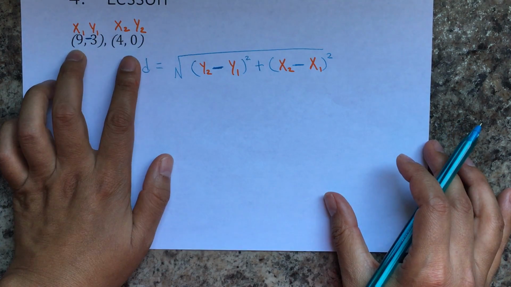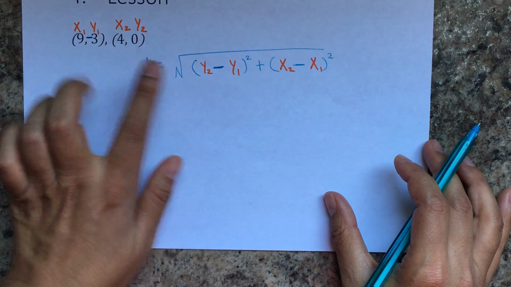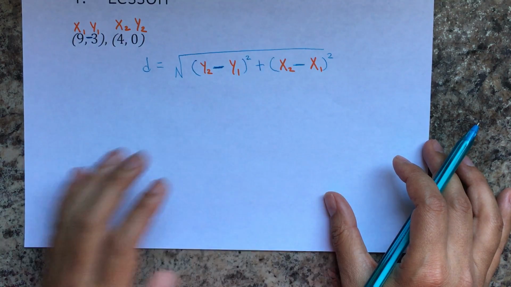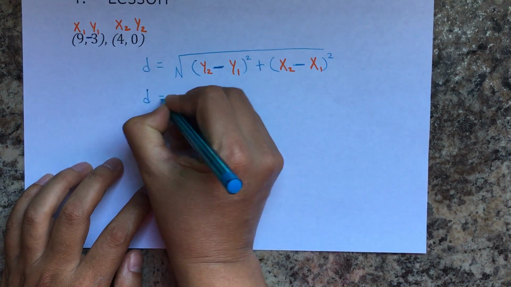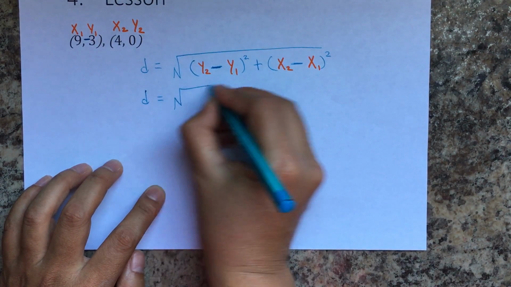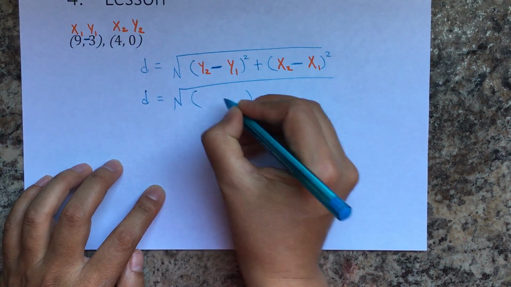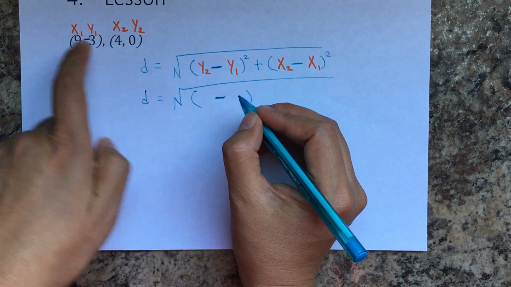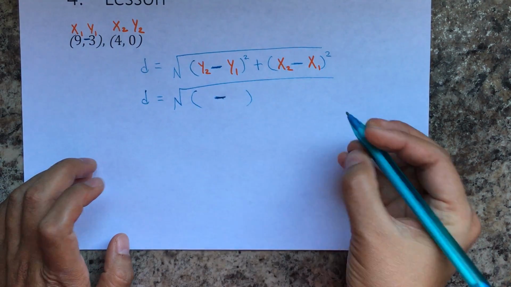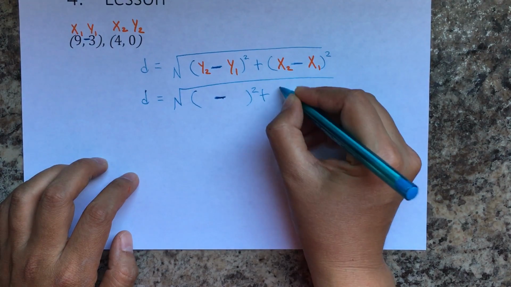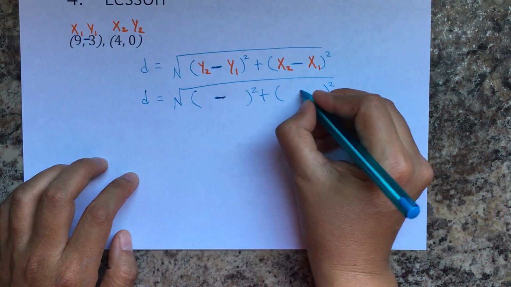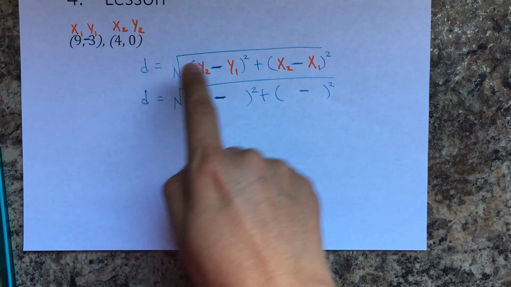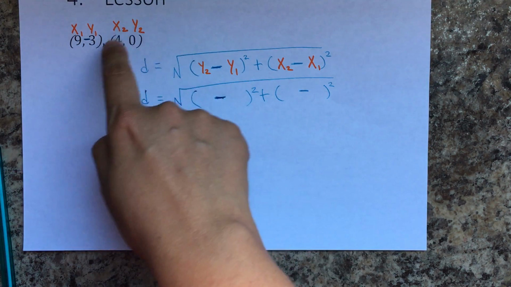Again, in here it doesn't matter if you get x's first and then y's, but keep the same order. Okay, so the square root of, I think I'm gonna put the numbers in orange so that you see something in here. So I'm gonna put everything that needs to be put in there. That stays the same. All I'm doing in the next step is to replace or substitute the values of each